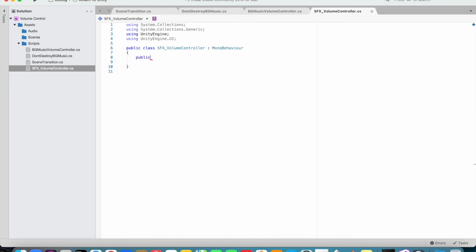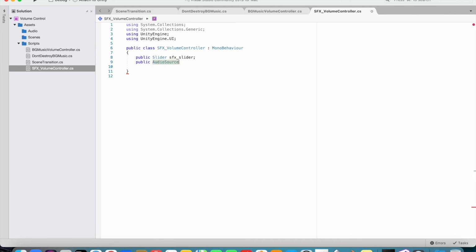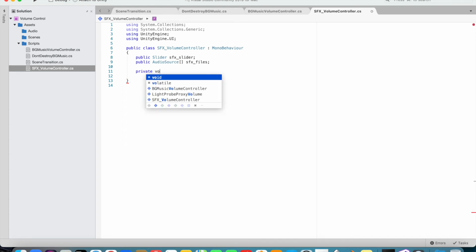So public Slider SFXSlider, and then public AudioSource. This time AudioSource will be an array because there are a bunch of SFX files. So public AudioSource[] SFXFiles, and in its Start function, private void Start, in its Start